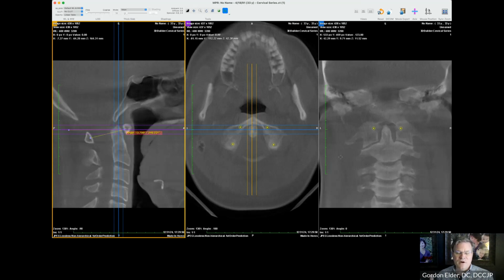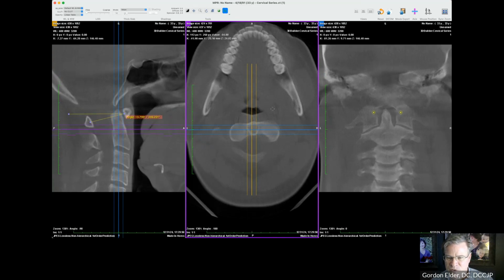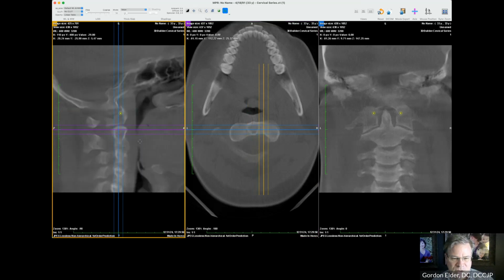So different options, we can take those measurements we have and look at different options. One thing that I think Dr. Blair never really addressed was when you have an AA misalignment, a rotation of C1 on C2, then maybe you're going to want to use an adjustment that's going to help correct that. Even if it isn't a primary, even if it's a compensation, why push something further into a compensation, why not do an adjustment that takes care of that? So I like to look